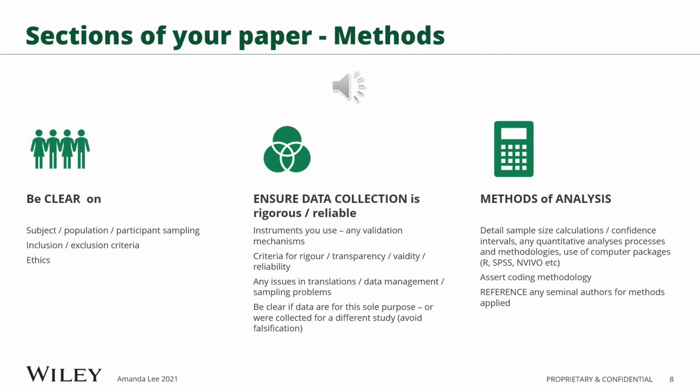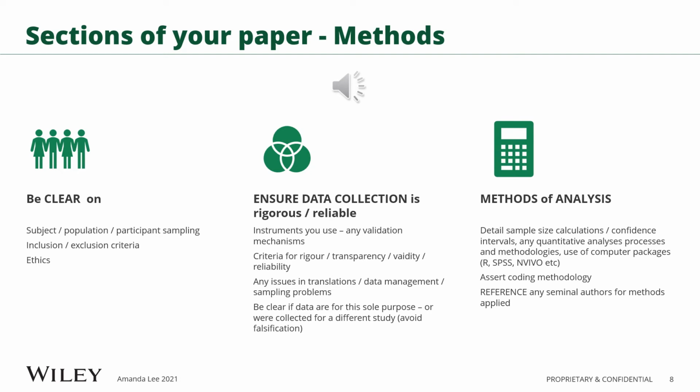So the next section of your paper is the methods section. And here's where we start to look at, how did you conduct your research? What are you going to do? How are you answering that research question that you presented in the introduction, background element? And here's where you can really start to show the reader how you managed your subject, what sort of populations you analysed, how you sampled those populations, what inclusion and exclusion criteria you used, whether they be clinical or academic